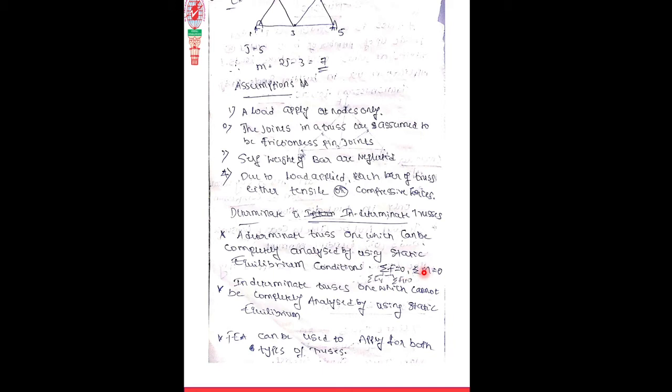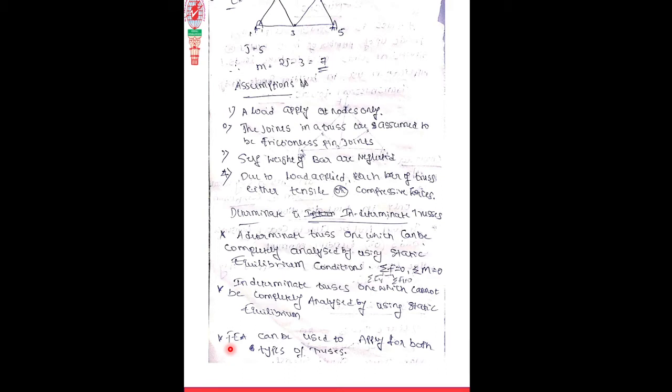So usually mechanics of materials problems, the classical approach, deal mainly with determinate types of structures, which can be solved easily using equilibrium conditions. But FEA is not like that. There is no limit for that. You can apply it to any type of structure, determinate or indeterminate. Here also we can solve the problem for the stresses, either determinate or indeterminate. Any type of problem we can solve using FEM. That is the greatest flexibility and advantage of the FEM method. Got it? Determinate and indeterminate, a very important technical question. Understood?